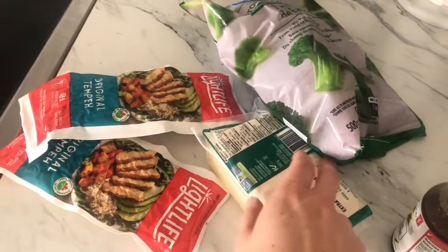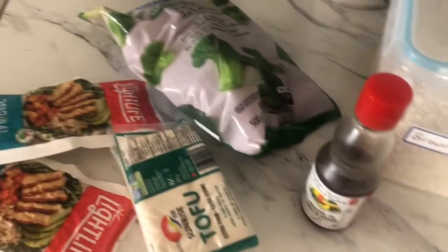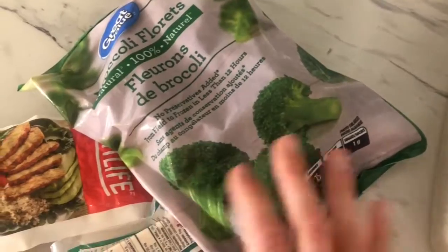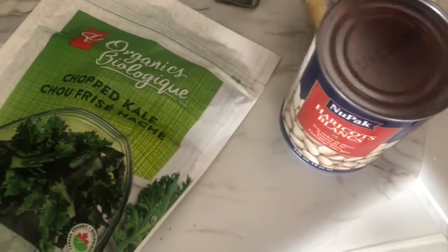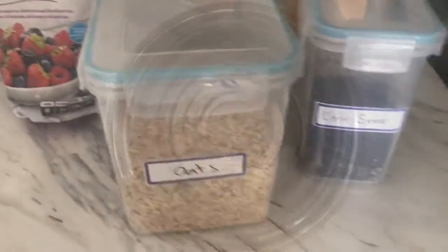I'm going to be doing a tofu slash tempeh bowl with rice. I'm also going to be making my own sauce using some of the other ingredients from over there. I'm using frozen veg because they're just as healthy as fresh veg and a great way to save some money. I'm also making a kale white bean bowl with some sun-dried tomatoes and some other spices, and then another classic, which is